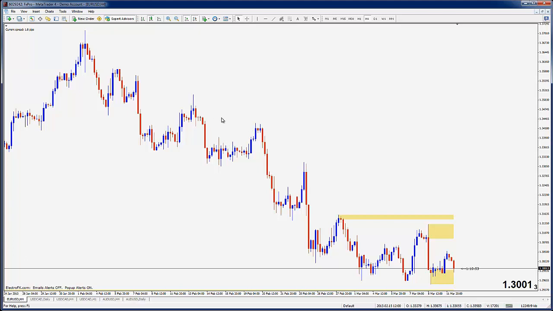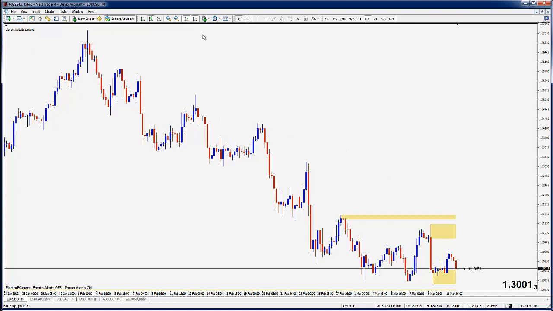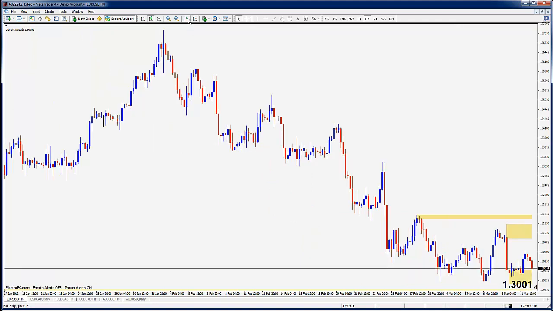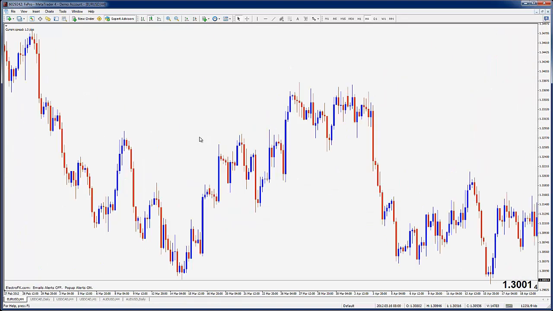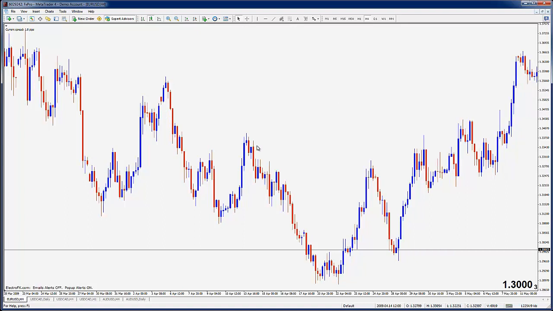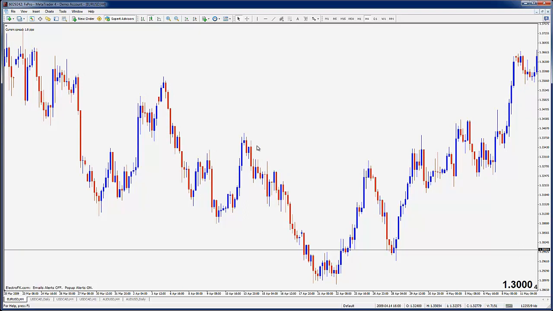So I have the euro dollar up on an H4 chart, and the real simple fast way to do it, but quite an ugly method, is to turn off your chart shift and your auto scroll, which are these two buttons up top, and hold down your page up key for a little while. It will rewind back far enough that you couldn't really remember what's going on, and you want to really focus on the candle that is to the far right of the screen, the last one that you can see, because now by using the F12 key you can work your way through the chart one candle at a time